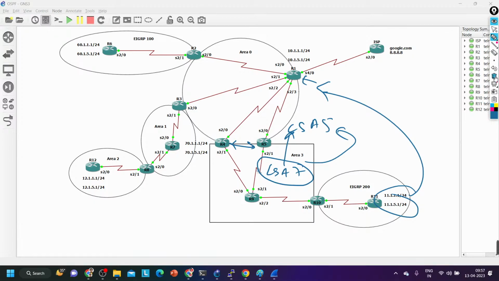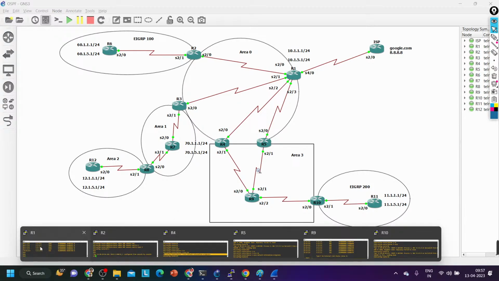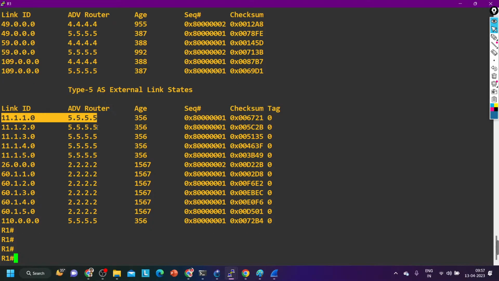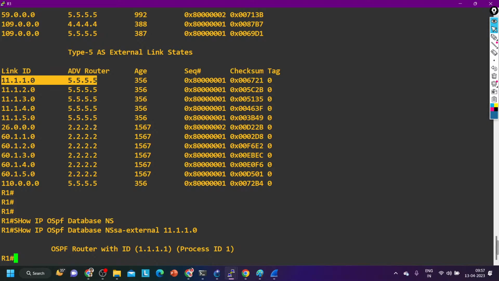So in the database of router 1, you can see router 1 is getting 11 prefixes from 5.5.5.5. So router 5 is telling what? I am advertiser. Advertising router ID of this network is 5.5.5.5. Is it right, guys? No? Who is actual advertiser? So to check actual advertiser, you can run command show IP OSPF database NSSA external and 11.1.1.0. Now here you can see